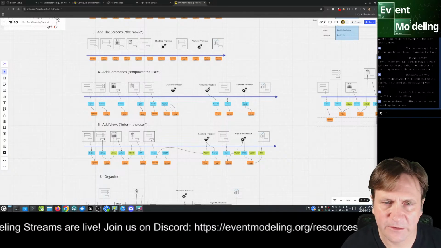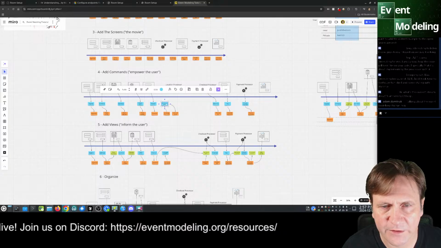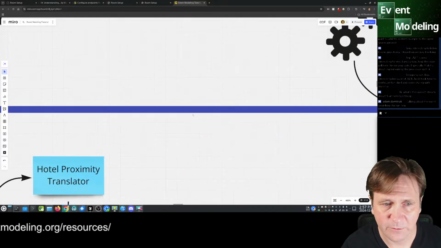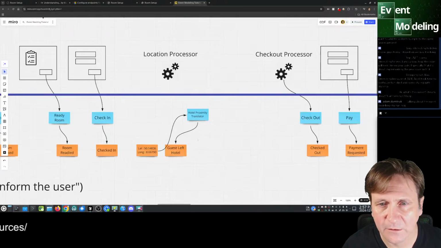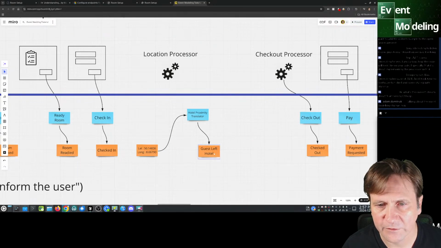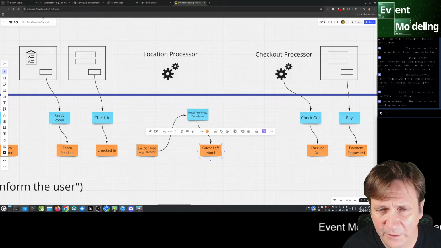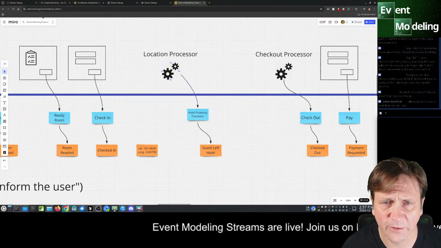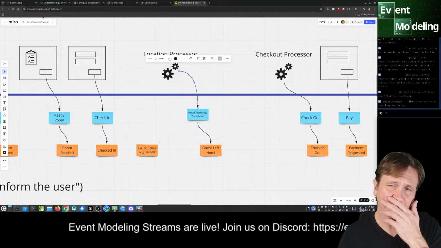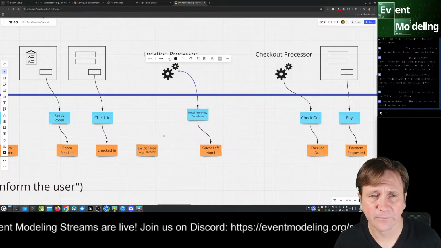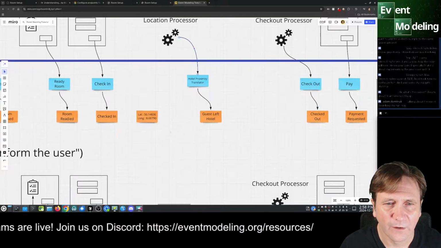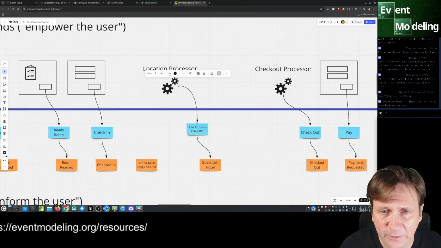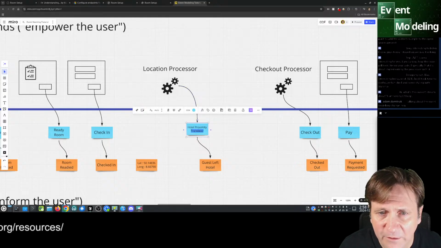So location processor, this gets to live on this side of the processor. So zoom in so people can see. This lives here. Align it with that. This arrow cannot go from here to the event. That is the shortcut we're trying to get rid of. So we empower the user by showing that this is not